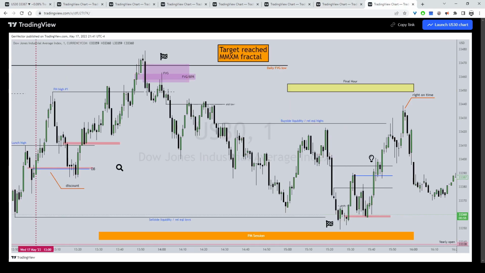So here's the second side of that curve. So now that we've completed the buy side, now we're running the fractal of the market maker model. So we have price running down to these relative equal lows. The time is coming up to 3:30. So right in that final hour, we see that price creates some relative equal highs, makes an aggressive run down to sell side, clears the sell side as its target. 3:30, we're not surprised if we see profit taken on the shorts or some sort of continuation of the primary